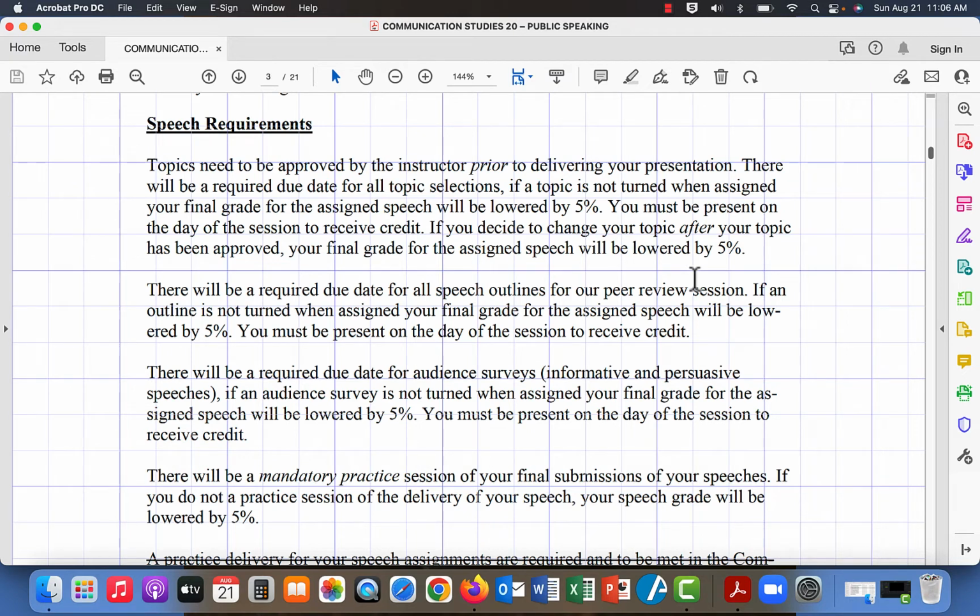For the speech requirements, I have systems in place in which we have much smaller assignments leading up to the main speech that we're doing for a particular unit. And what happens is that if we don't do our assignment on time, for each infraction, you'll lose 5 on the end speech. So please, let's do these assignments in their small steps. They're much more manageable, and they also put you in a much better place to succeed.